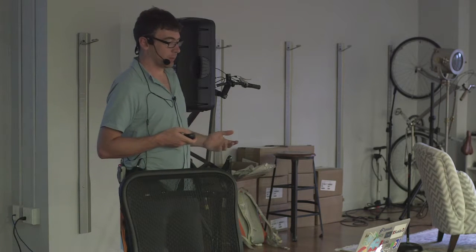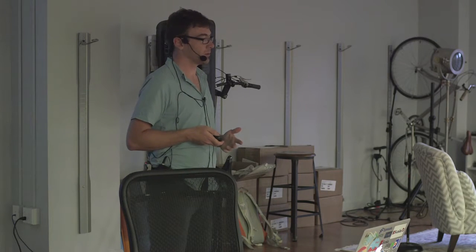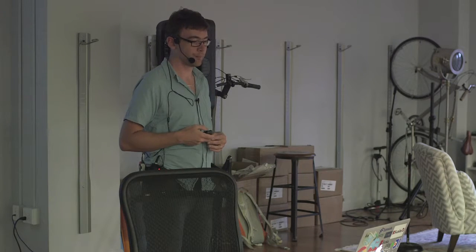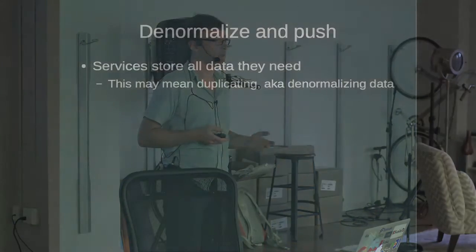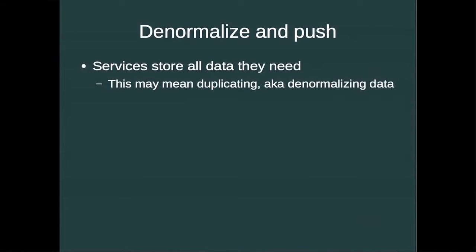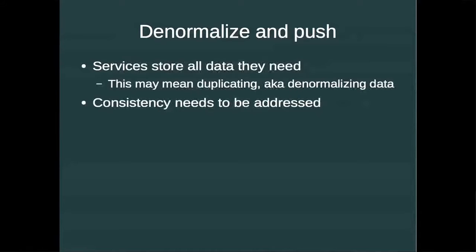When you denormalize and push, the idea is that services will store all the data that they need. And what this might mean is duplicating some of that data. So this is denormalizing it, because a normalized system would have the data only once, but if you're duplicating it, then you've just denormalized. Because of this, consistency needs to be addressed. So the data can get out of sync,